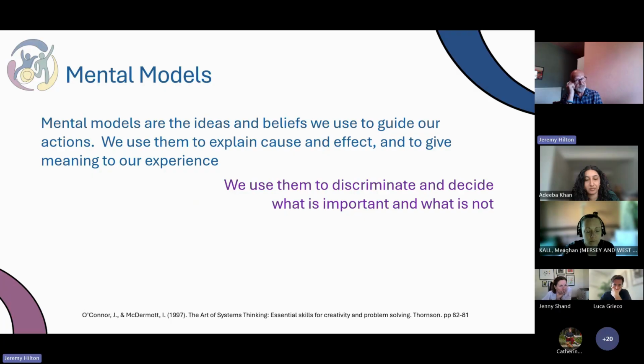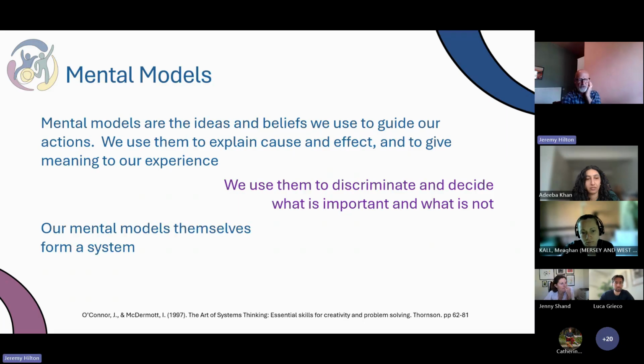And again, when we look at the SPROCKET stakeholders, it's possibly some of it will be the mental models of what's right, what's working well, and what's not working well. It may be more explicit, but then trying to understand those differences when there's this isn't right, it's taking too long. From someone else's point of view, they may be working as fast as they can within their workload, within their priorities. But if there's no conversation or dialogue between the two, you've got these different mental models of what good could be. And these mental models themselves form the system, they guide our behavior. It's part of the structure that's internal within us that actually leads to the behaviors.